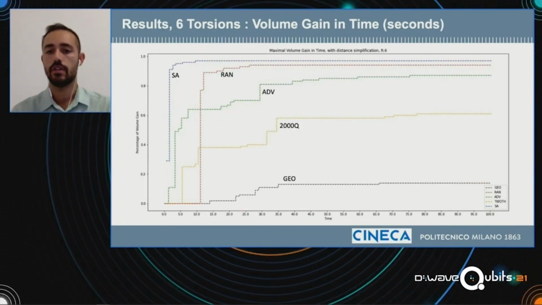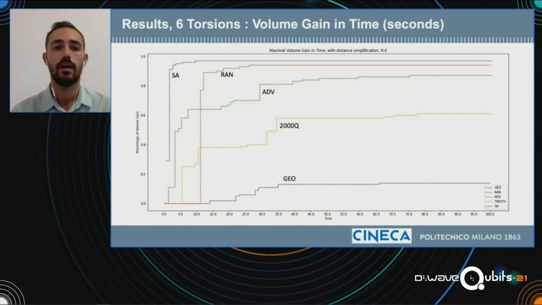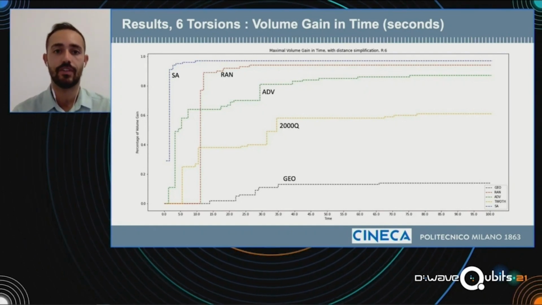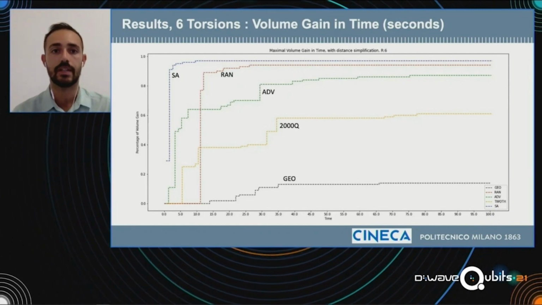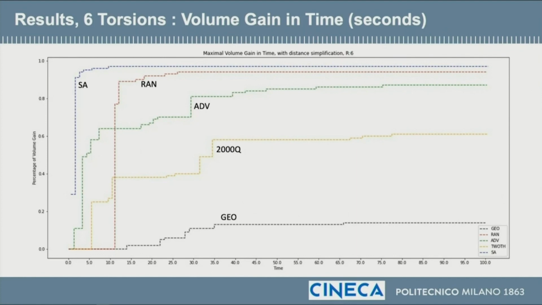Things start to change when we go to 6 torsions, where Advantage and 2000Q start to suffer from the fact that the dimensionality of the problem increases a lot. Simulated annealing and random search are a little bit better. Simulated annealing is actually very stable.